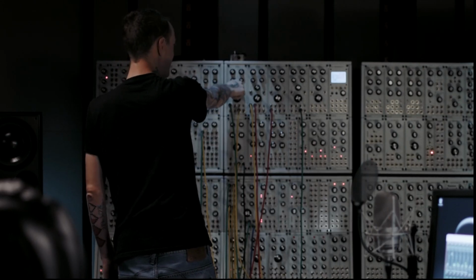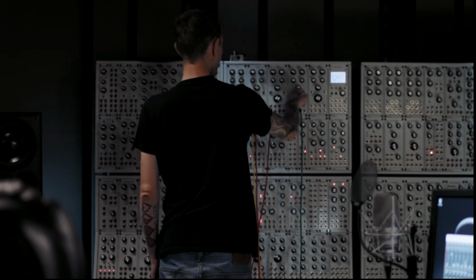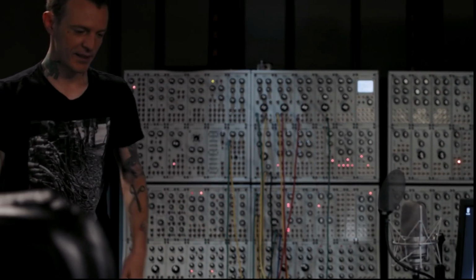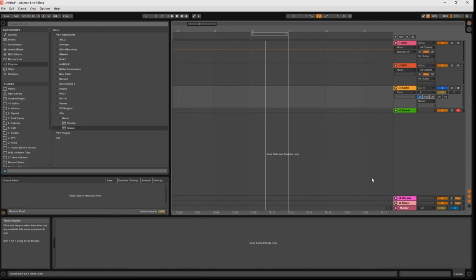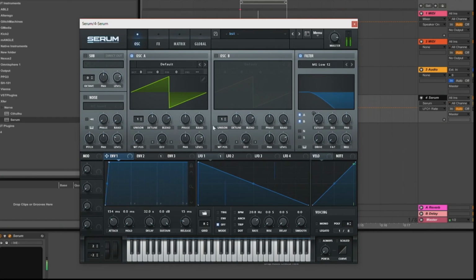So you wouldn't even notice it after that point, but that's just some of the sonic possibilities that you're capable of using analog equipment, because you can get a certain type of sound out of Serum by doing that same kind of thing. So that same kind of routing, if I bypass the LFO on that and I just have my note again,